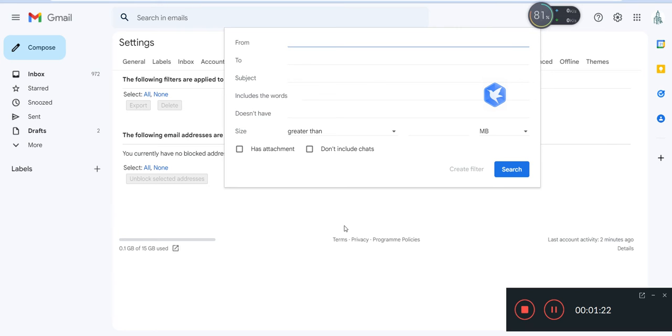So here you can write the email address from which you do not want to receive email. You can type any particular words that you do not want to see, and if you want to remove any word, then you can write it here. These are all options you can use to create your filter, and after that you will click on create filter. For example, if I want to send all the emails containing the word YouTube,